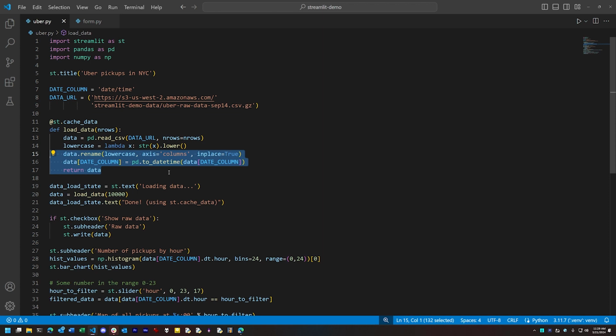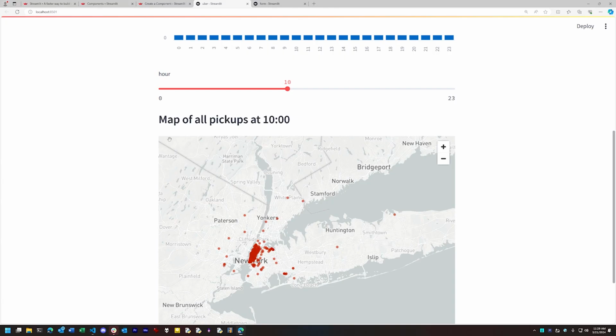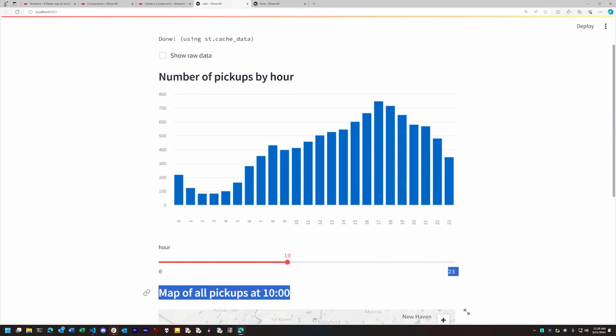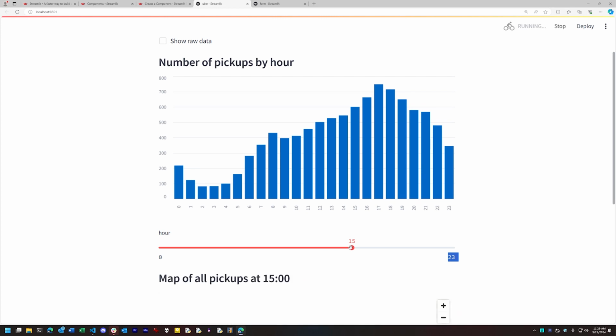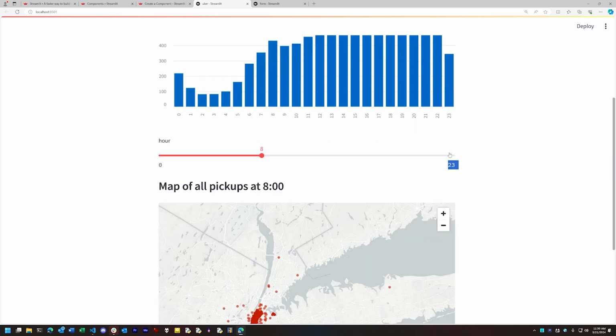We also use Streamlit's built-in data caching function to reduce the number of times that we have to load the data from its source. Now this part is a little important with Streamlit because every time the user interacts with the Streamlit page, the app has to be reloaded from the top. That's a side effect of Streamlit's design, and it's something worth keeping in mind when you write Streamlit apps. Caching the data saves us having to refetch it whenever we interact with the page.